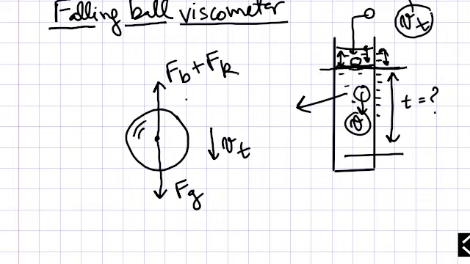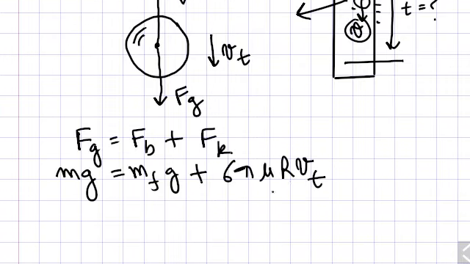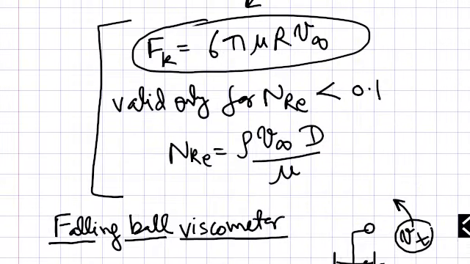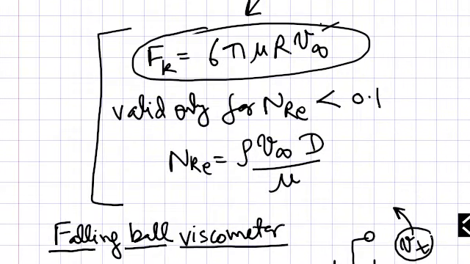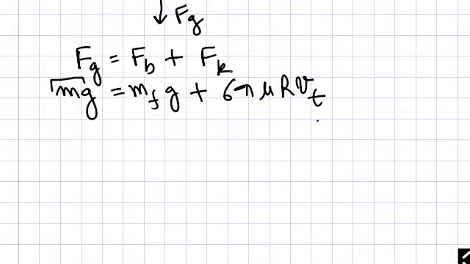It means that forces are well balanced. And what are these forces? Buoyant force, drag force, and the gravity force. These are balancing each other. So I am writing it this way. Here I have written the weight of the sphere, the buoyant force, and the Stokes law expression. Here this velocity is terminal velocity, so I have replaced it with the terminal velocity.